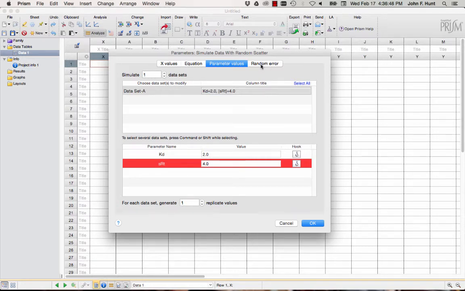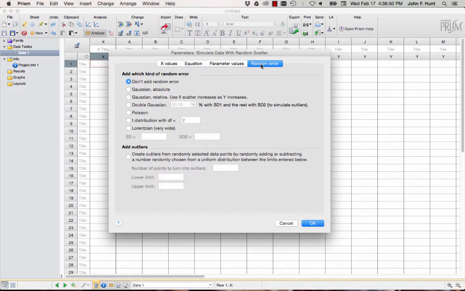And now random error, talked about this in the previous screencast. Today we will put in Gaussian absolute error. The other one worth noticing here, this is pretty sophisticated. I think it's too much to tell you about a lot of what's going on here today. But Gaussian assumes that you have a normal distribution, or a Gaussian, the error follows a Gaussian function, with the peak at the Gaussian function being at the true value, and the spread in the Gaussian function being given by some standard deviation. In this case, because we're plotting fractional saturation,